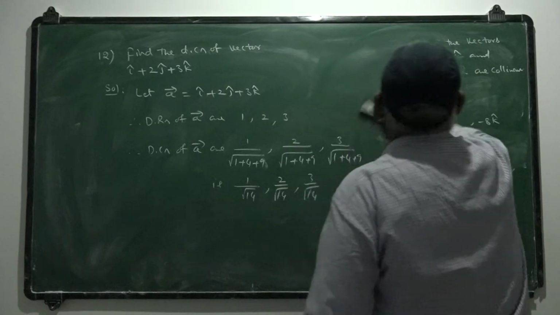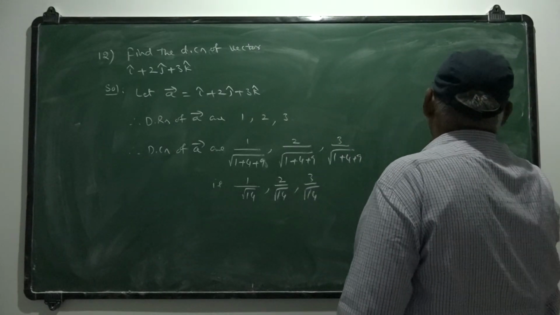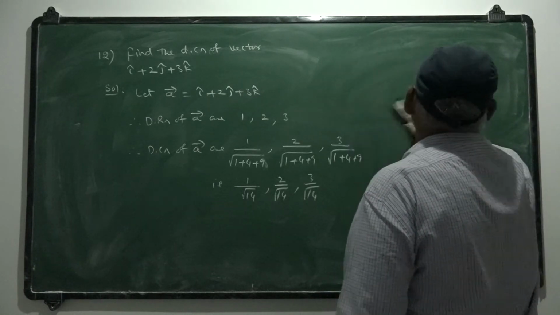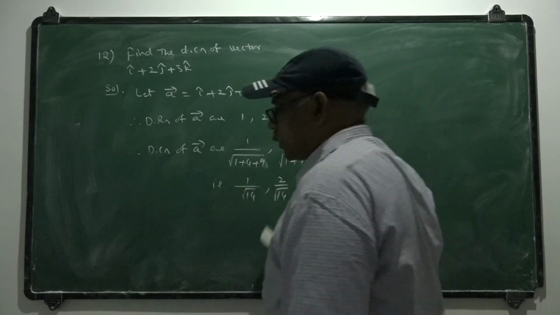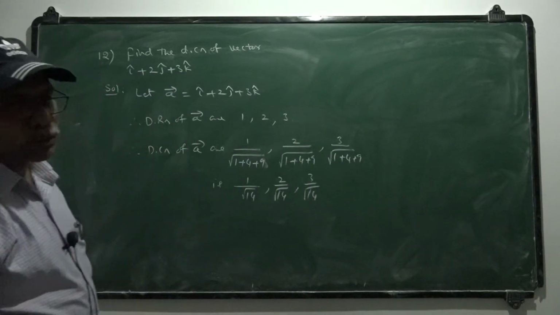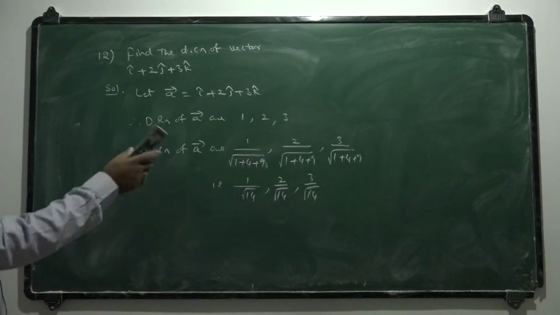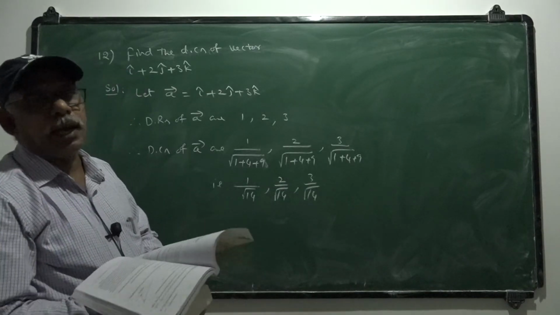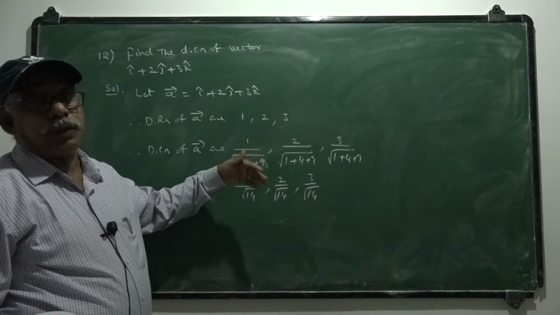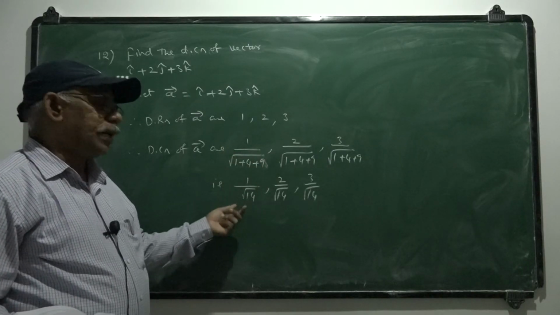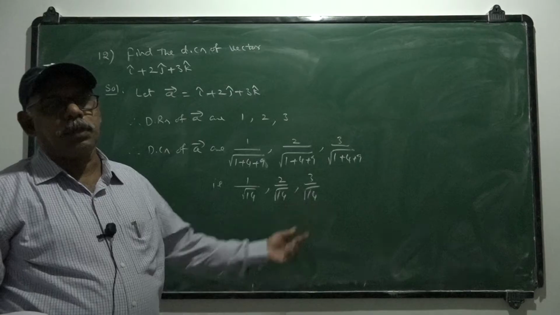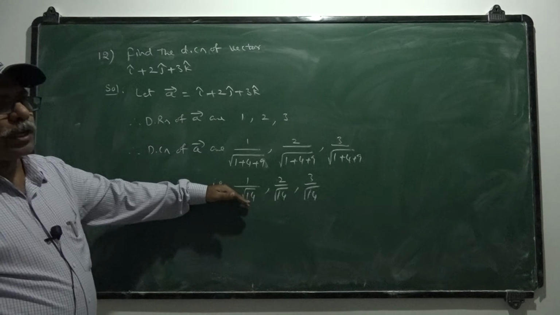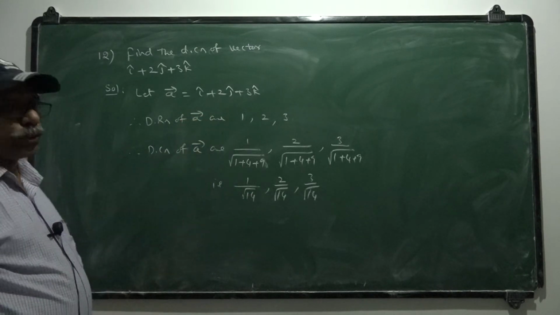Instead of lines, I am just saying a vector. In case of three-dimensional geometry, if a line makes alpha, beta, gamma angles with the positive direction of coordinate axis, then cos alpha, cos beta, cos gamma are direction cosines of that line. In a similar way, instead of a line, we are taking a vector. Suppose a vector is making alpha, beta, gamma angles with the positive direction of axis Ox, Oy, Oz respectively, then cos alpha, cos beta, cos gamma, the cosines of those angles, give us direction cosines. Any proportionate values to the direction cosines give us direction ratios.